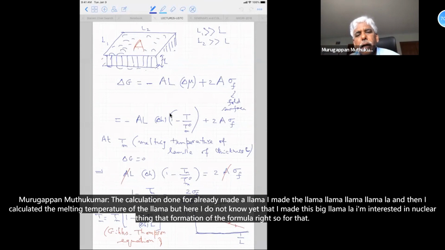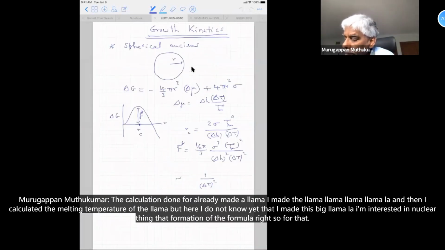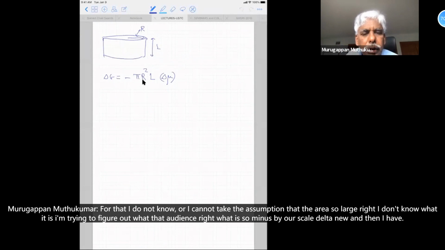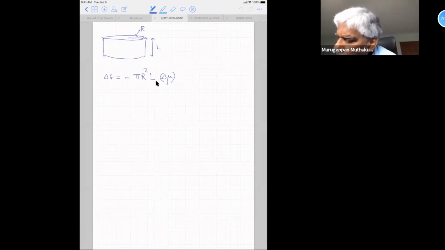But here, I do not know yet whether I made this big lamella. I'm interested in nucleating the formation of that lamella. So for that, I cannot take the assumption that the area is so large. I'm trying to figure out what that R is, what L is. So minus pi R square L delta mu, and then I have,